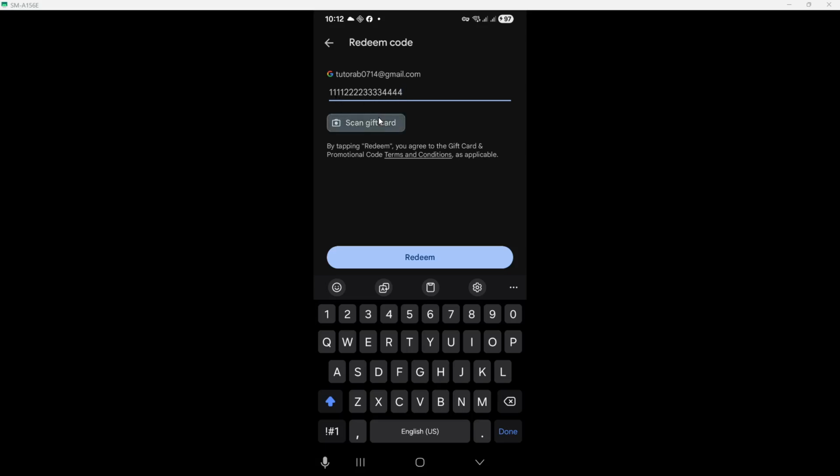Finally, complete the purchase. With the gift card successfully redeemed, your purchase should proceed without a hitch. You will receive a confirmation that the transaction has been successful. This makes sure that your item is now yours, and you can enjoy it immediately.